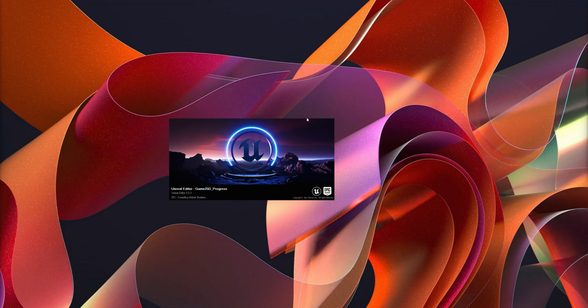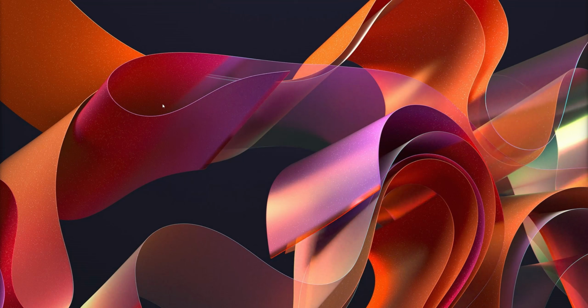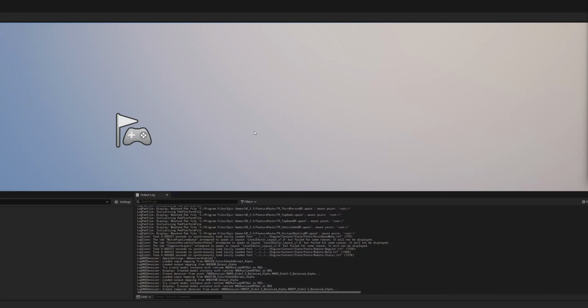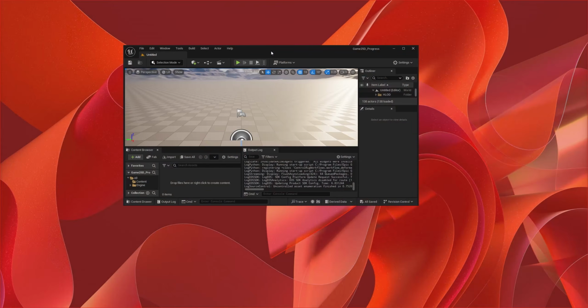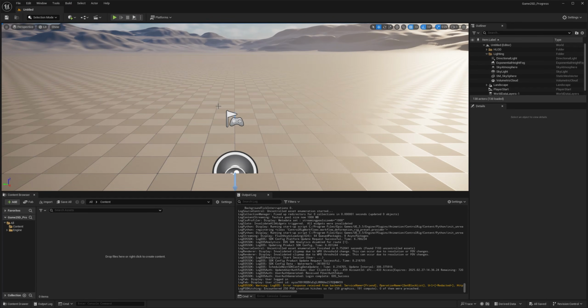The initial setup when you create a new project takes a little bit of time. This is going to go faster because I already have a lot of this cache in my computer. But if it's taking some time for you to finally open the engine, don't be alarmed. It's how it's supposed to be. So here is my engine, and next class we're going to go on a crash course about the viewport, the interface, and everything else.